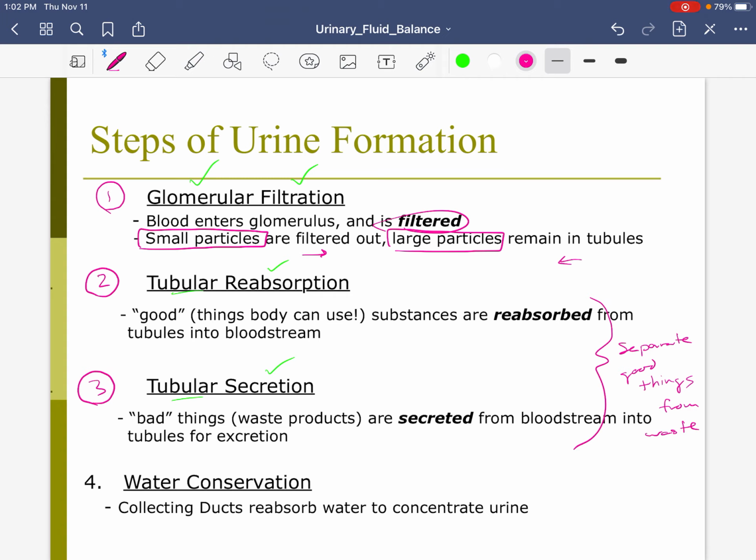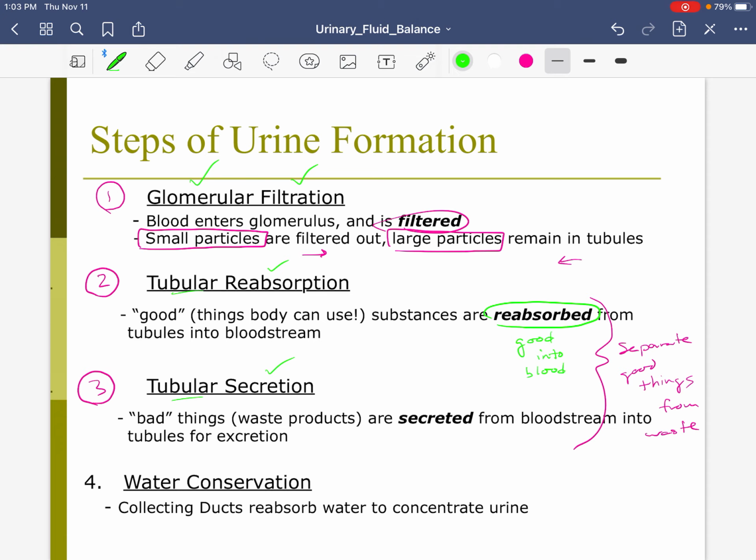If our initial filtration was just by size, well, that doesn't really have much to do with whether that small or large particle is actually good for the body and can be reused, or whether that small or large particle has to be excreted because it's waste. There are plenty of small particles that are useful things we can reabsorb, like maybe calcium, and there's plenty of small things that are bad that we have to get rid of, like excess glucose. And likewise for large. So the initial filtration is done by size in the glomerulus, but then it is in the tubules where we